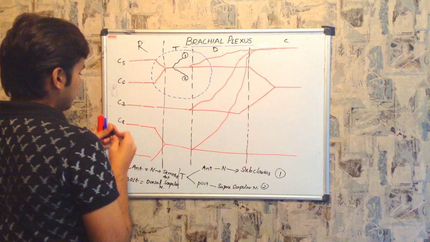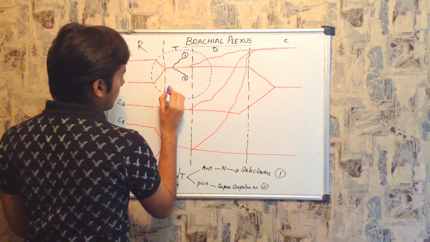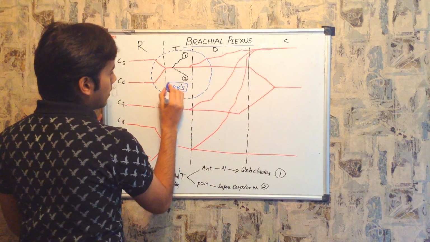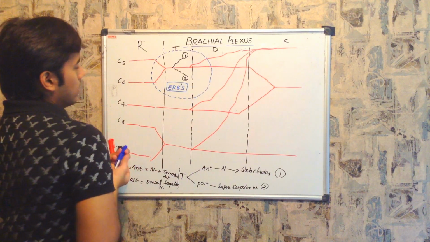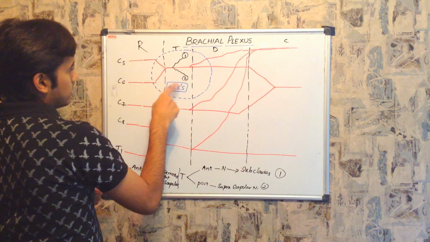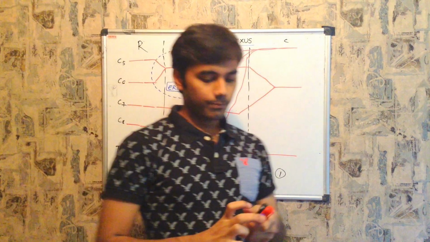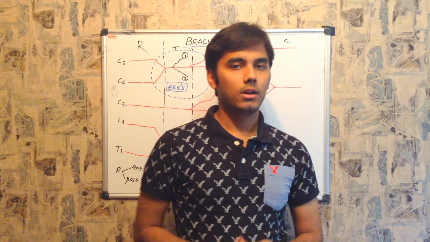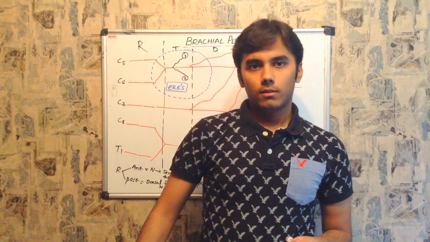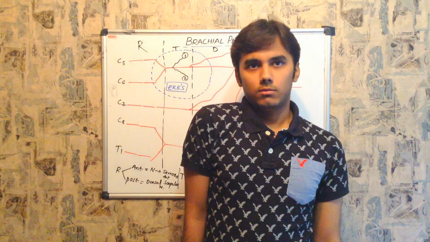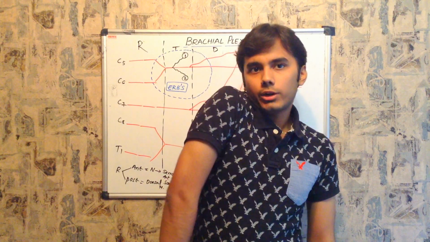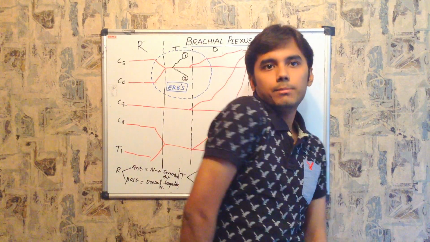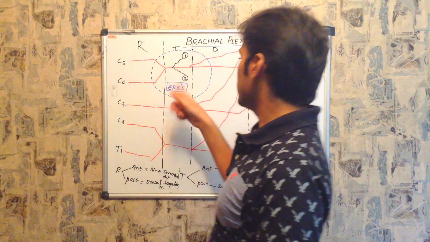So this point is called Erb's point, and the resultant paralysis given by the C5, C6 Erb's point damage is called Erb's paralysis. So what is the clinical feature, how can we diagnose whether a person has Erb's paralysis or not? The patient's hand will be adducted towards his body in this way. It will be adducted, and next it will be medially rotated, right? Adducted, and this part of the hand will be medially rotated in this way, and the person walks like this. So that is how we diagnose Erb's paralysis.